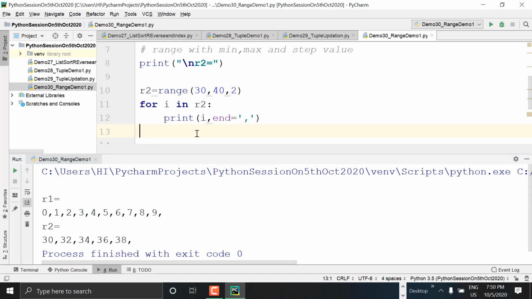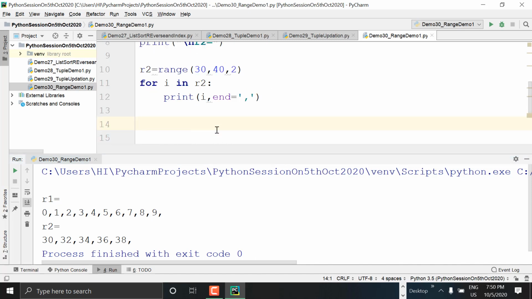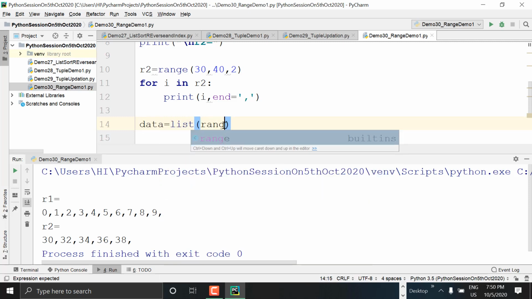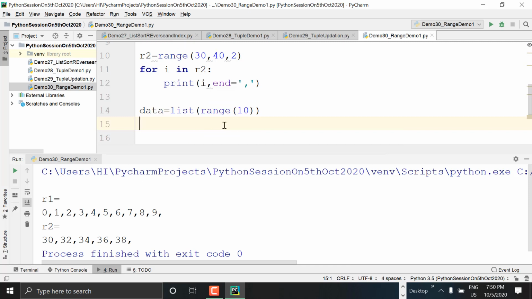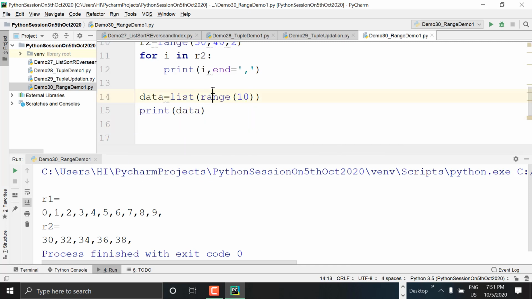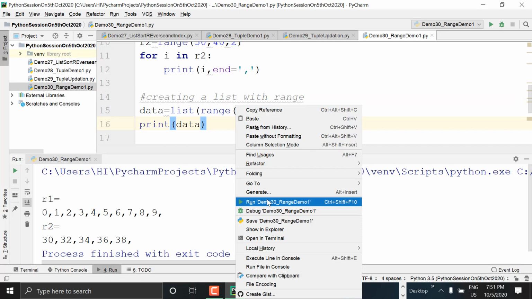Now here I'm writing, creating a list with range function. Let's give a new line, slash n. Let's right click and run it. See the output in the last: list with range. I think better to give slash n here.